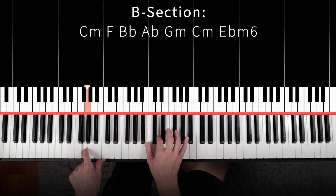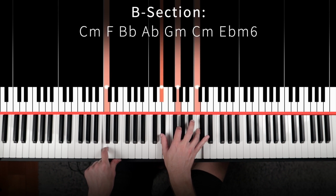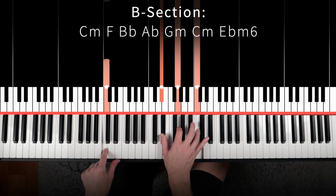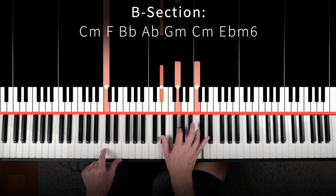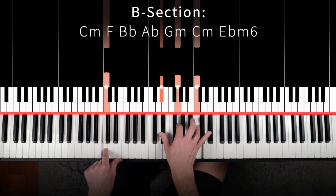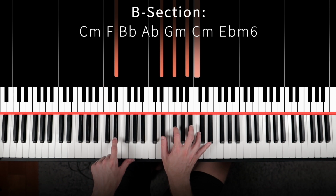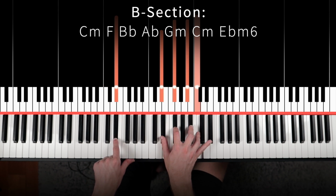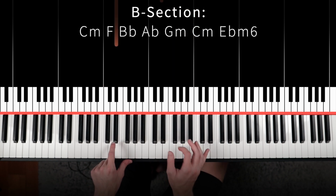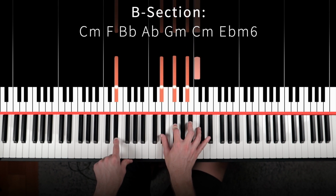All right. Two more chords now. Now we go back to C minor, but it's going to be an octave higher, so similar to before, but a little different. So C here in the left hand, and then E flat, G, and C here in the right hand. And then for our last chord, we'll play an E flat minor 6. So E flat in the left hand, E flat, G flat, B flat, and C here in the right